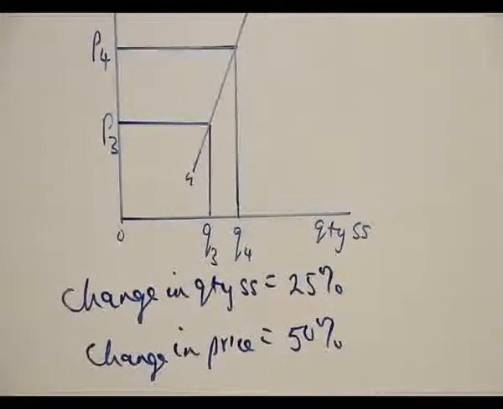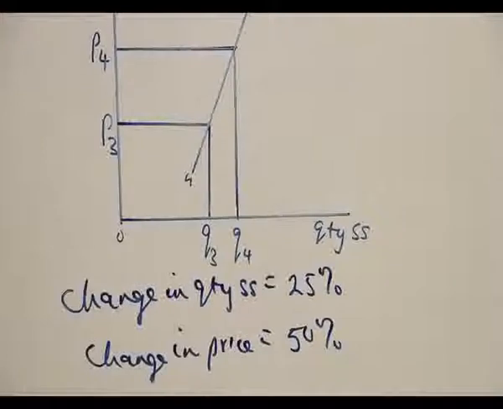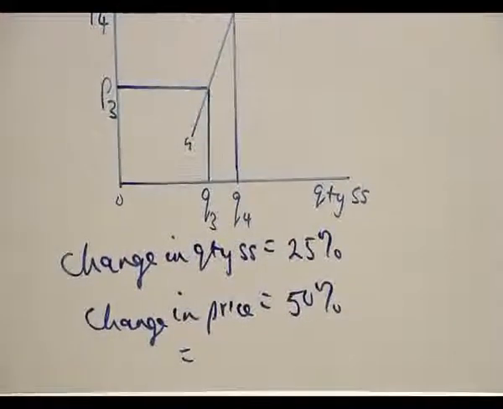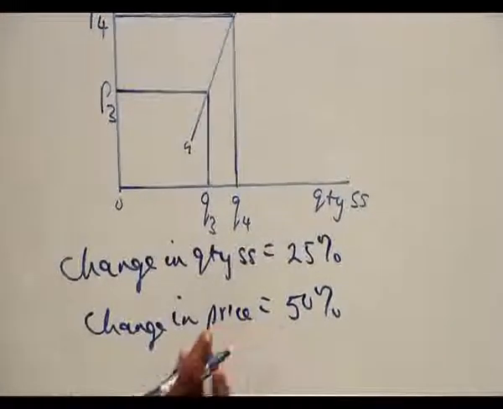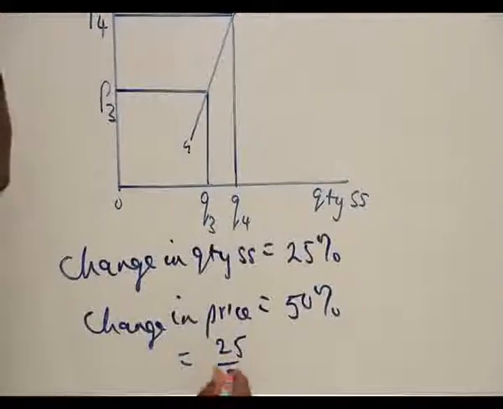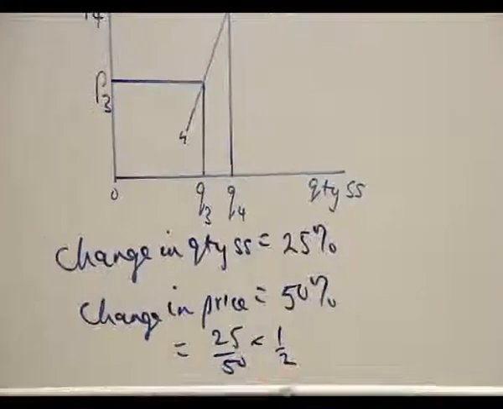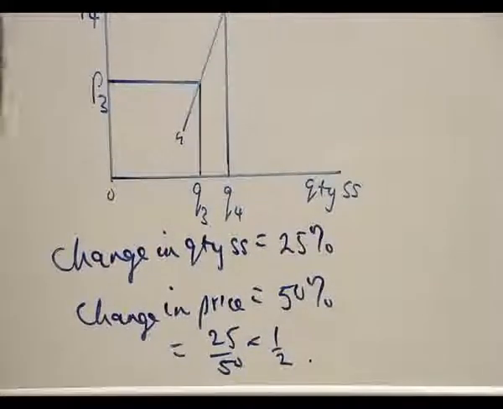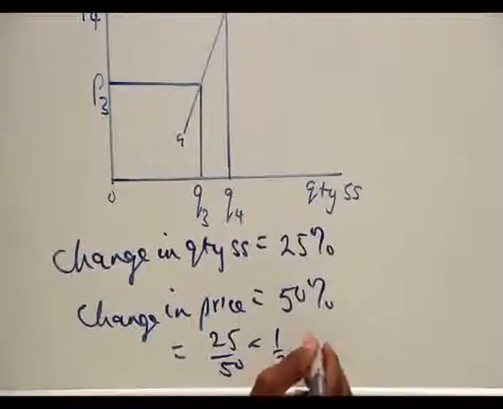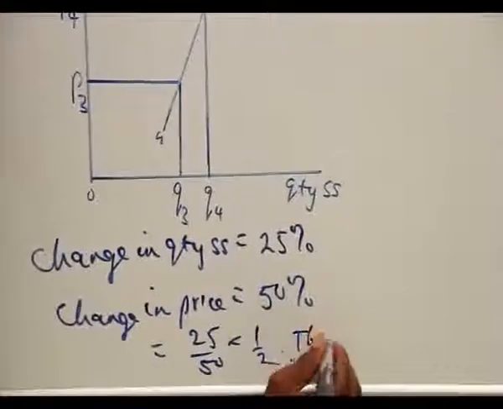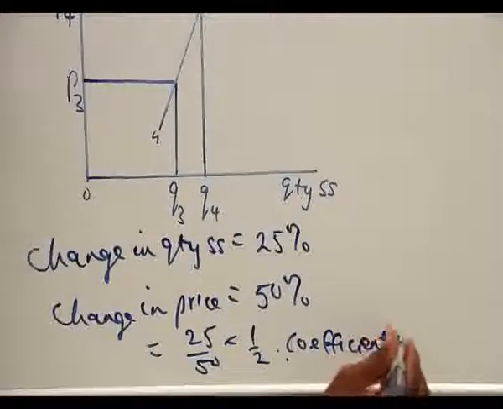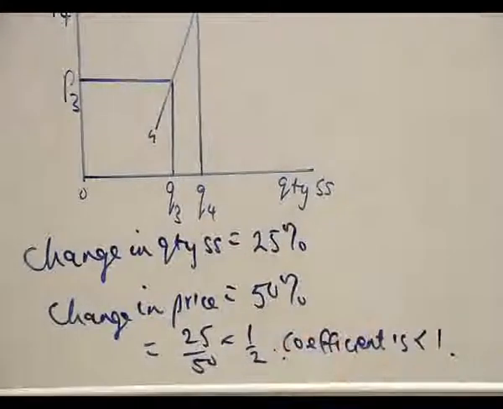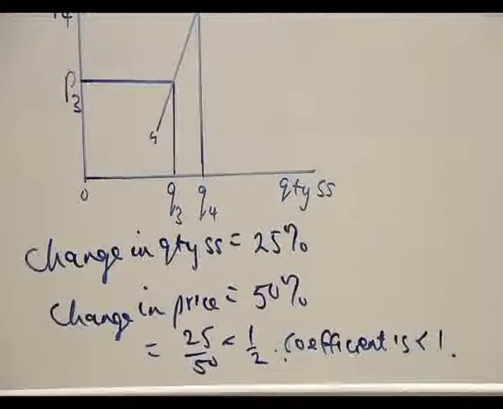Now, at the end, the price elasticity will be change in quantity supply over change in price. That is 25% over 50% will give us half. It implies that inelastic supply happens to have a coefficient. This coefficient is less than 1. And whenever we get the coefficient to be less than 1, then the price elasticity is